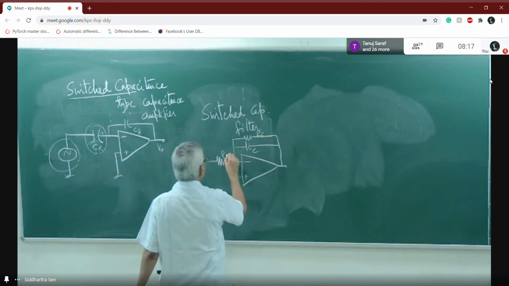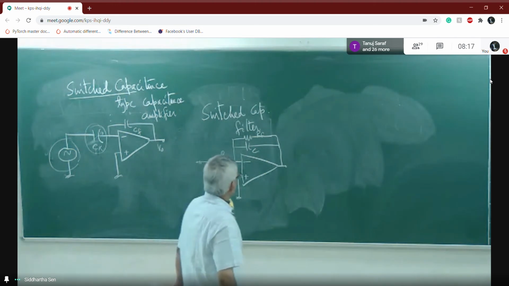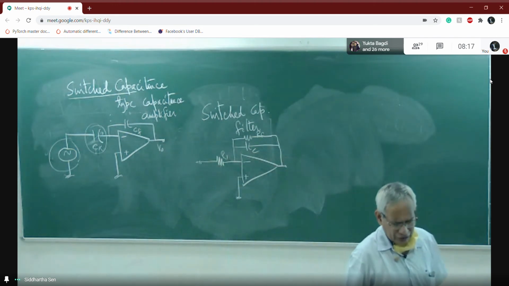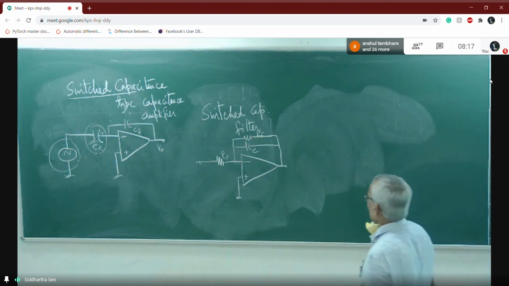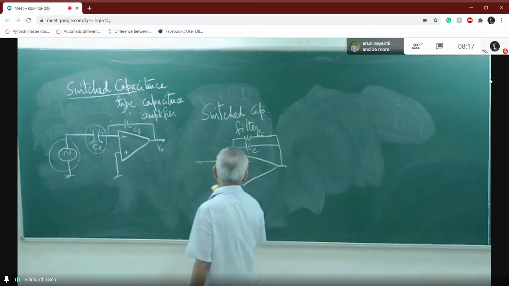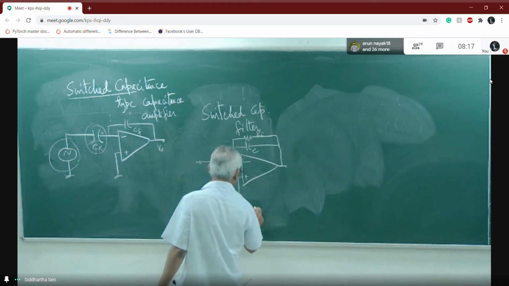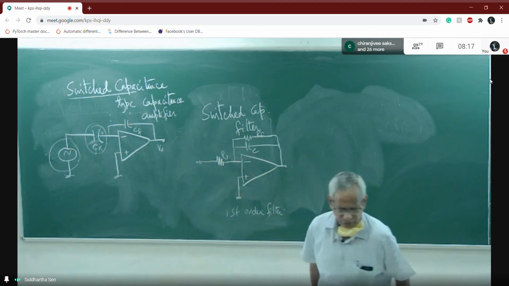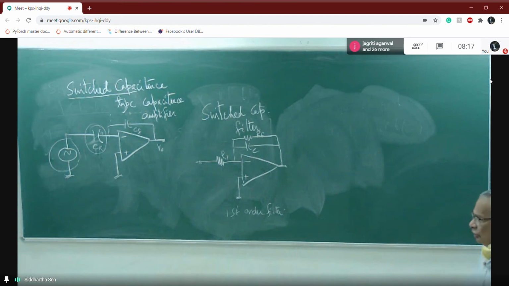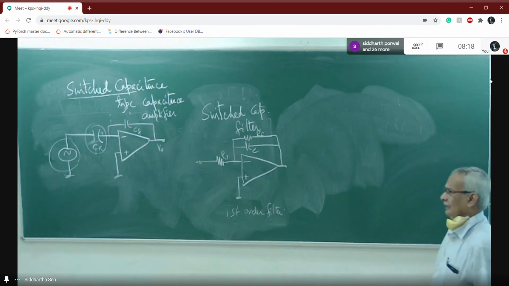Suppose RF, it is R1 like this. So we'll have to use a resistance as well as capacitance. And so it is a low pass filter, but here it is a first order filter. And for an actual good filter, what we require is basically a fourth order filter, fifth order filter, or like this, where the cutoff is much sharper than like this.